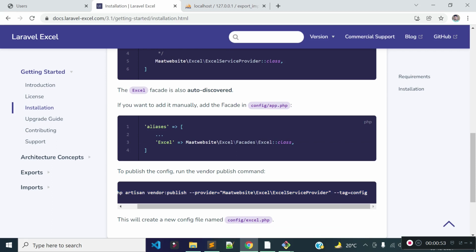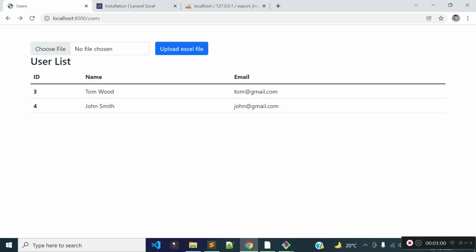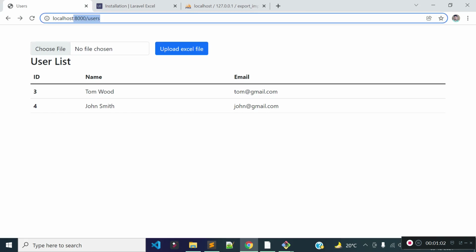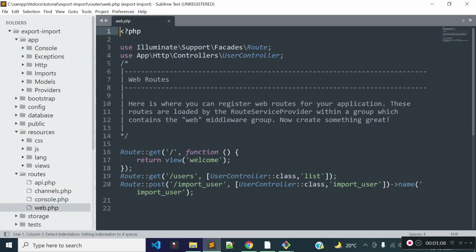I already did these steps in the previous lecture during the import Excel file functionalities, and I am displaying the users list at this URL. You see, I am displaying the list of users here. Now if I check our web.php file, you see our users route is calling the users controller list method.